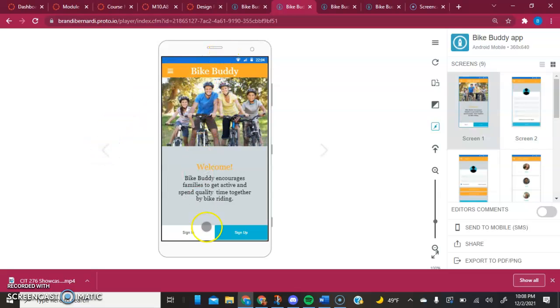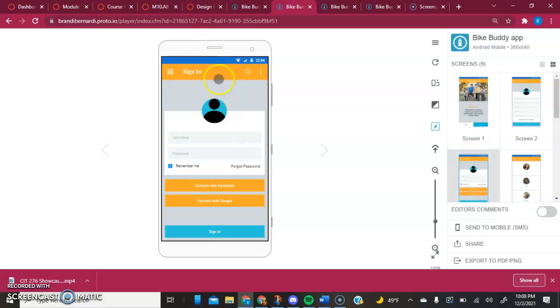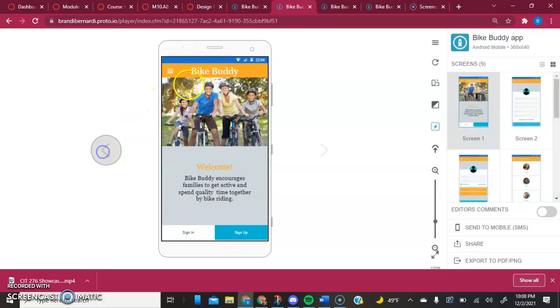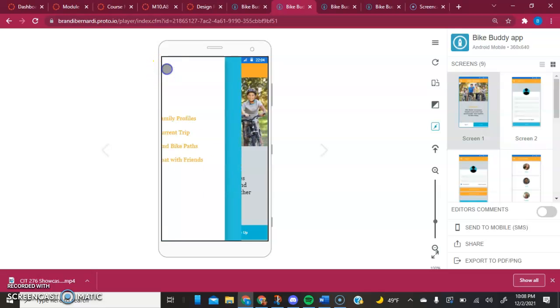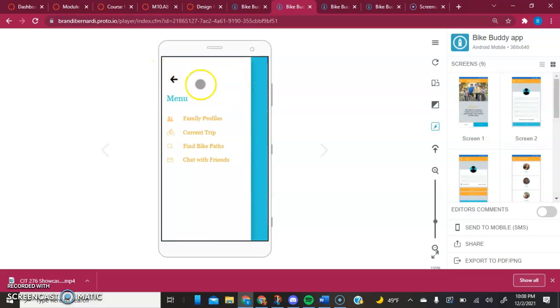But if we wanted to do the sign in instead, we'd click that and it brings us to a sign in page. Again, you'd enter your username and password, or you can choose to connect with Facebook or connect with Google and then click the sign in button. So from the home screen, we can click the hamburger menu after you get signed in. We have a back button that'll take you back,